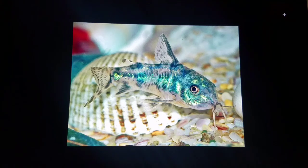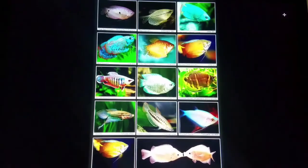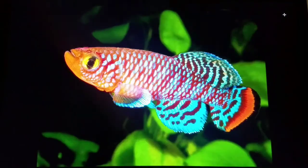So a lot of times these breeders will specialize in something beautiful, like these jeweled green corydoras or green laser corydoras, things like that. These beautiful gourami and paradise fish, all Czechoslovakian varieties that have come out of there, and killifish. So it is the Killi forum on Facebook that I first linked up with some people currently living in Czechoslovakia, and I hope I'm putting out a video that they can be more happy with,